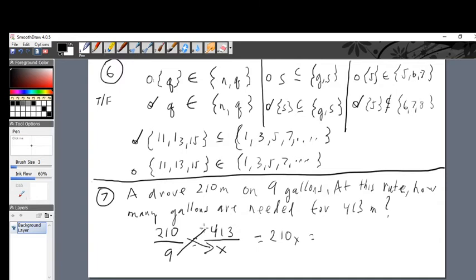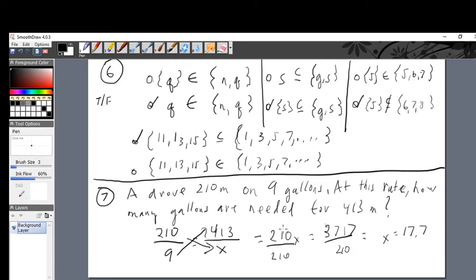Bottom left times top right, 9 times 413 is equal to, I'll tell you what it is. You have a calculator. You can easily figure it out. 3717. Divide by 210 on the left. Divide by 210 on the right. And you should get, if I did this right on my calculator,